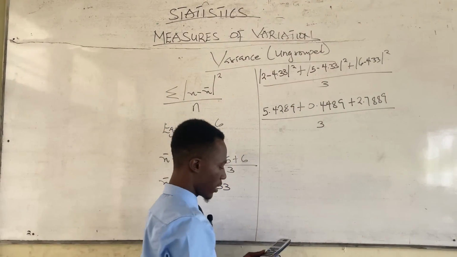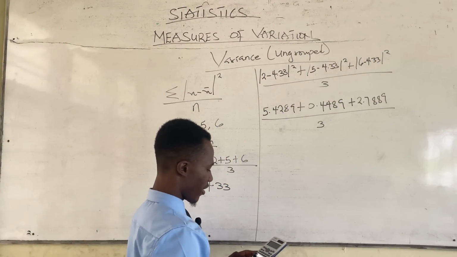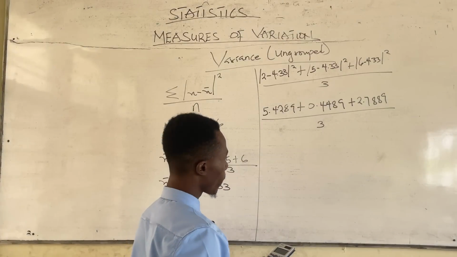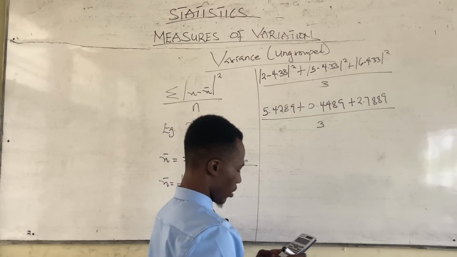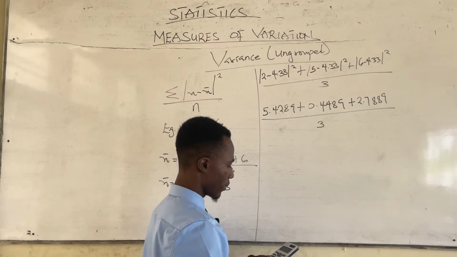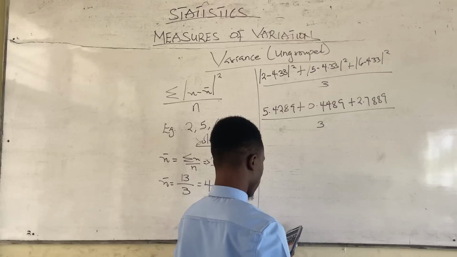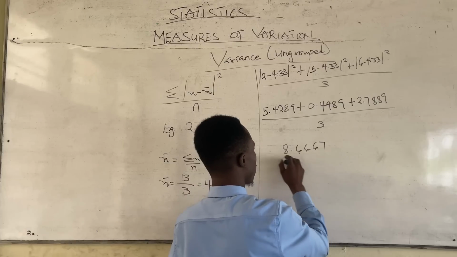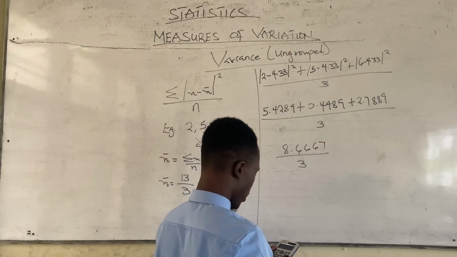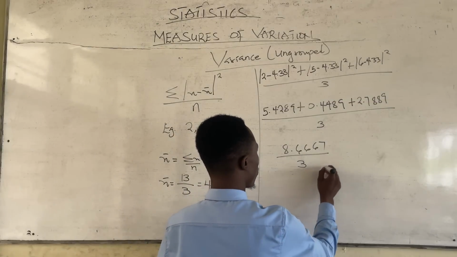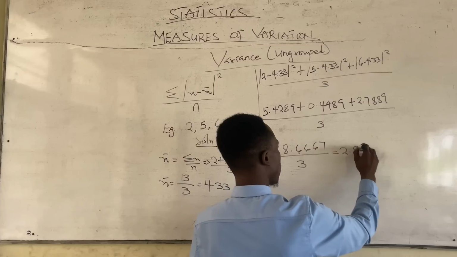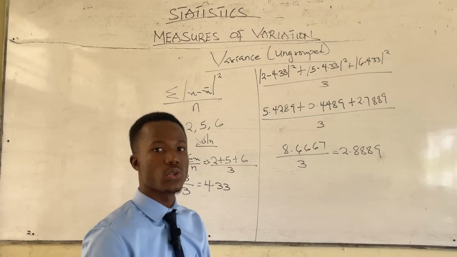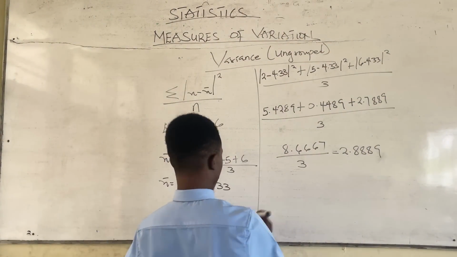So we are going to sum this and divide it by 3. So let's sum it. We have 5.4289 plus 0.4489 plus 2.7889. And so this alone, we have 8.6667 divided by 3. What are we getting? We have 2.8889. So if, let's say, the question asks you to round it to 2 decimal places, then you can say